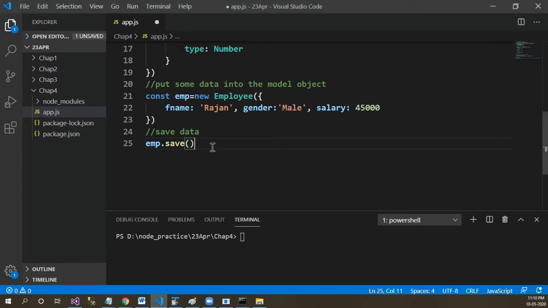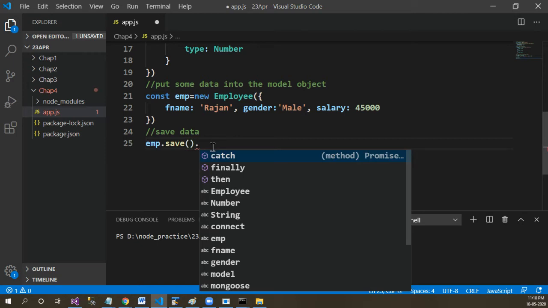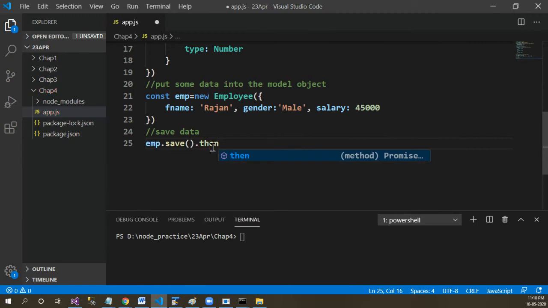In order to handle this, I'll use promises within Node.js. So what you need to do is apply .then. So .then will execute when the emp.save operation is completed successfully. So emp.save.then will make sure that the then method will get called only if everything is correct on the MongoDB side.